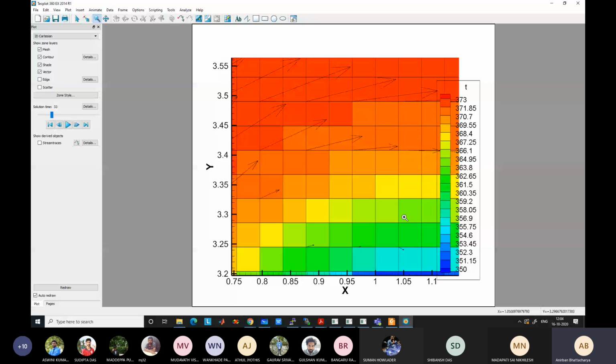As you can see here, each of the control volumes has a single temperature. When we plot the results, we actually interpolate so that it looks like a smooth solution. But this is the real solution that you are getting. Each control volume has a single temperature. All the variables are single variables. Each control volume has a single velocity, single temperature.